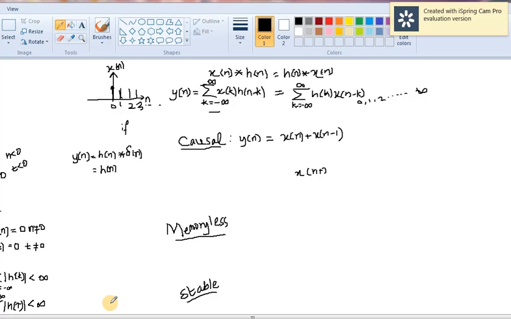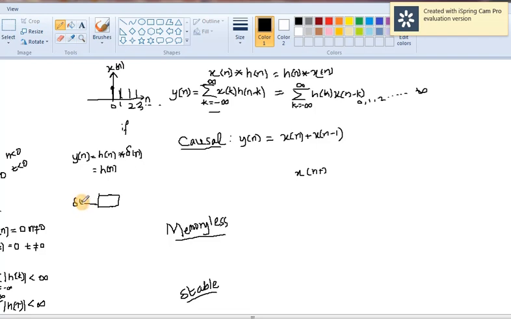As we have learned, the convolution properties such as commutative property, associative property, distributive properties, and so on. Now, we need to learn what is the impulse response. So, impulse response, as the name says, for a system, let's consider a system. For a system, if a unit impulse is the input, so we know the unit impulse signal, which is represented by